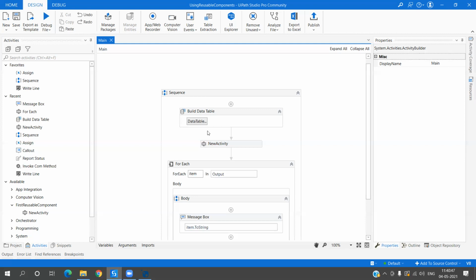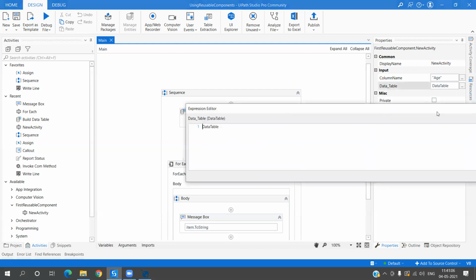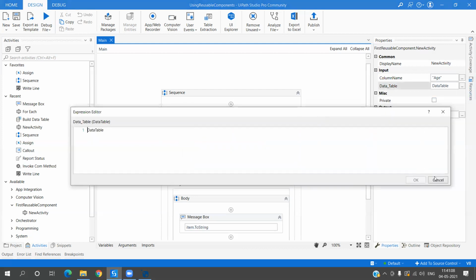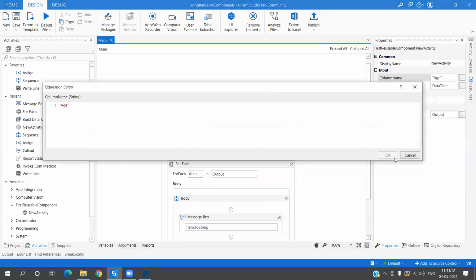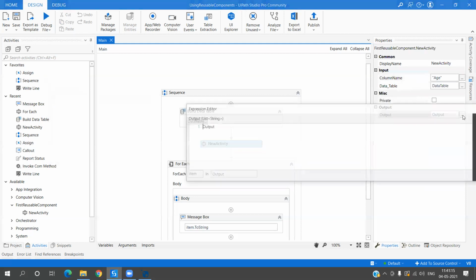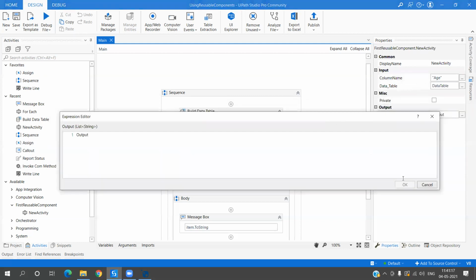I've already built the activity. If you see over here, we'll see how we can change the name and all as well, but for now, let's understand this. There is input and there is output. The input is two things: the data table and my column name, and my output is the list of strings. So the input is a data table, the column name shall be a string, and the output is going to be a list of strings.